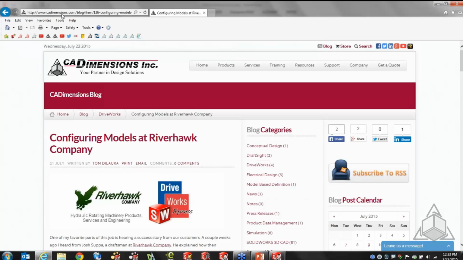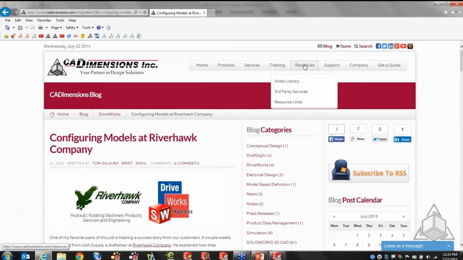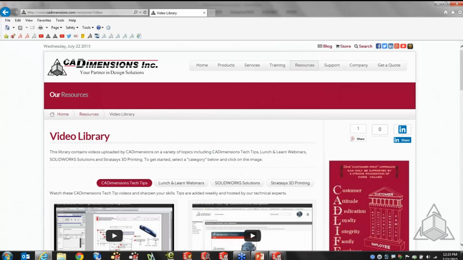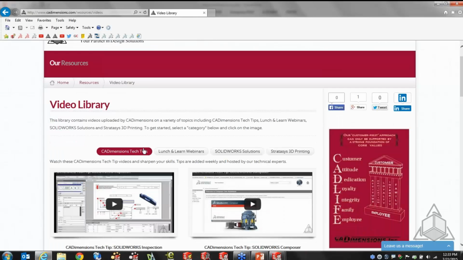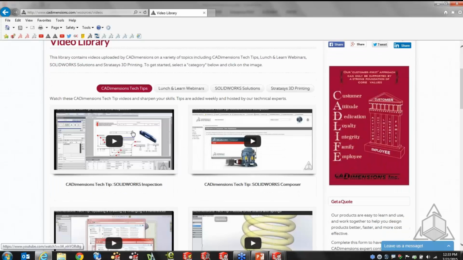Now, CAD Dimensions blog. Under the CAD Dimensions page, also there is, under resources, a section called the video library. So what we're doing right now is a lunch and learn where we're creating a video. And we really have two videos that we focus on that CAD Dimensions creates. One is the tech tip. Here's an example, a tech tip on SolidWorks